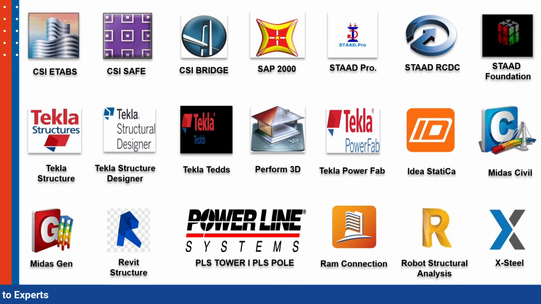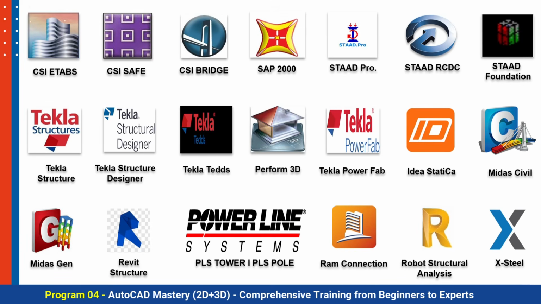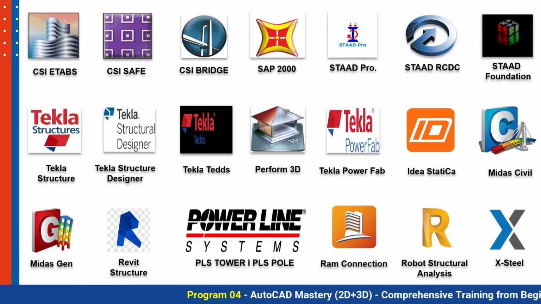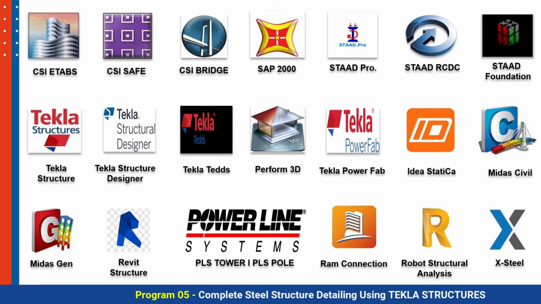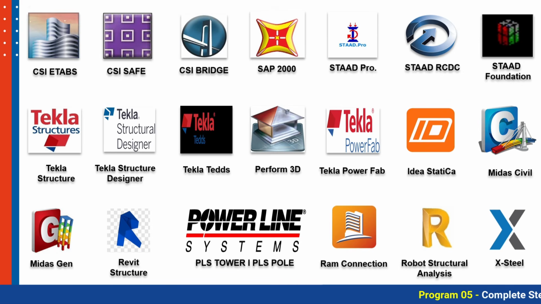If you would like to design the steel structure, the software category is different. If you would like to design the substructure, the software category is different. If you would like to do the connection design, the software is different. If you would like to do the detailing for RCC structure, it is different. If you would like to do the detailing for the steel structure, it is different. So you will not be an expert in every field. You have to become a master of one field or one area. So you have to specify which software suits your demand, your need, your requirement.